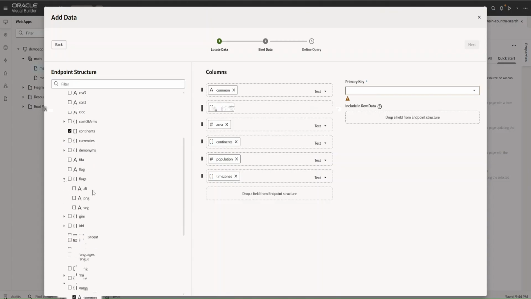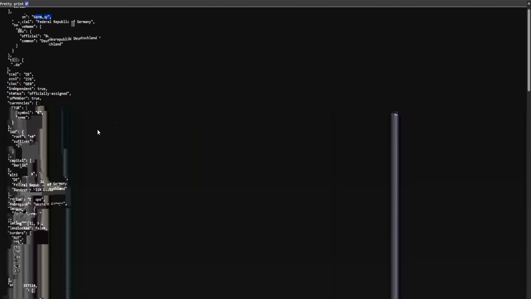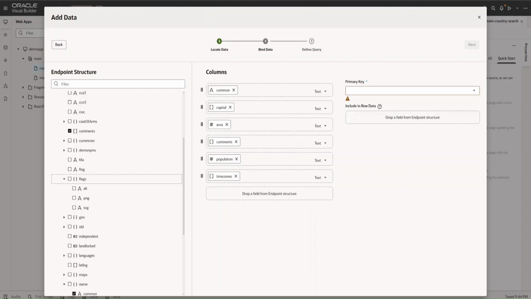I'll expand, and you can see flag here. I'll scroll below and you can see this is the flag. For this flag I will make use of the PNG, the image at this URL. So I'll select the flag PNG one and make this PNG as